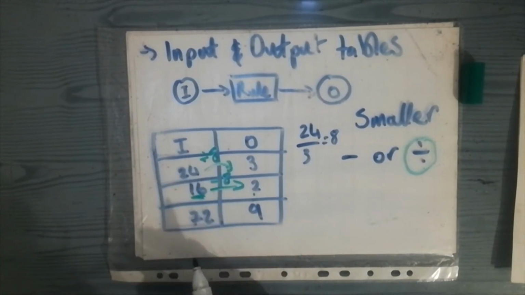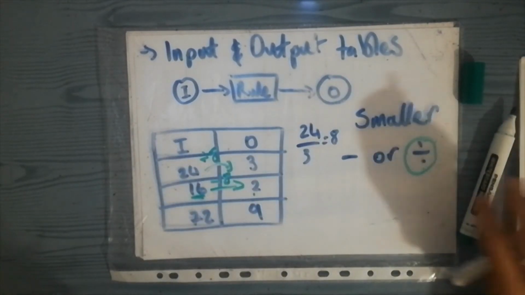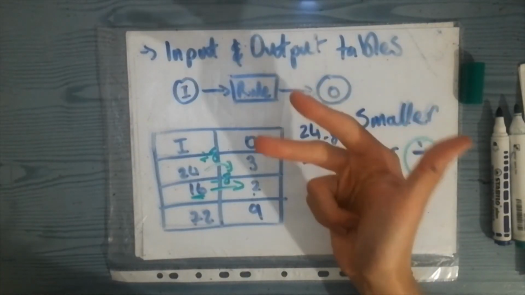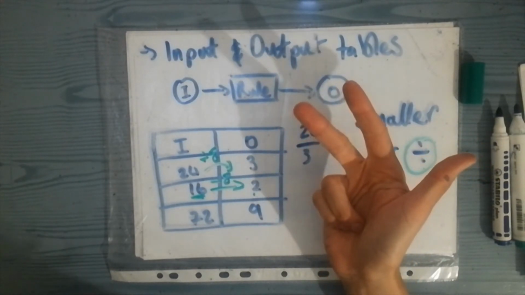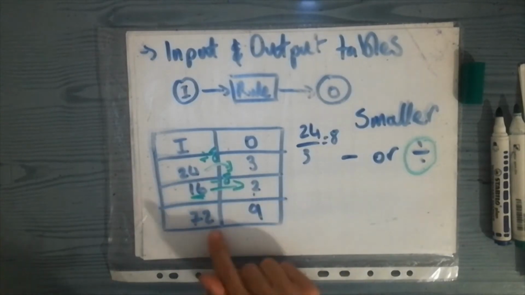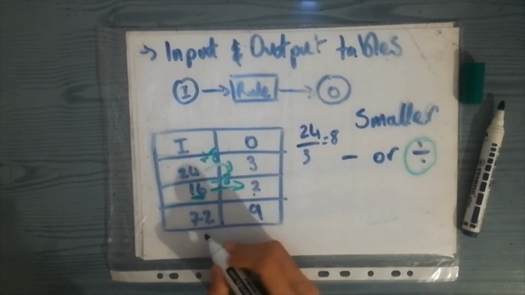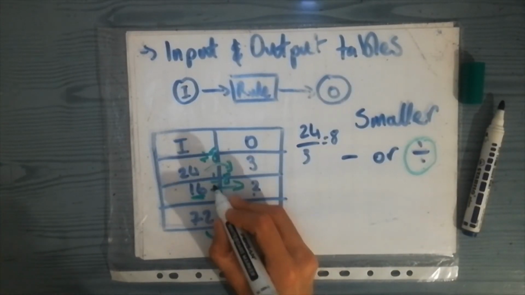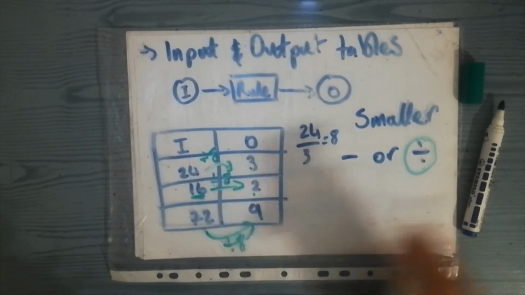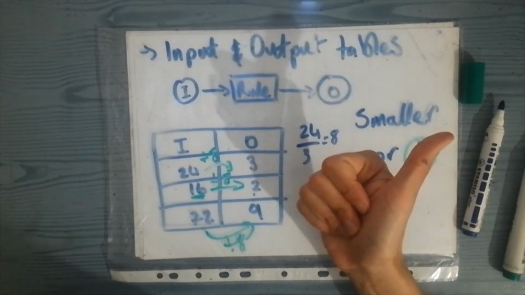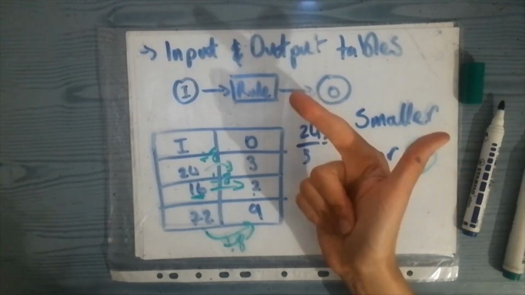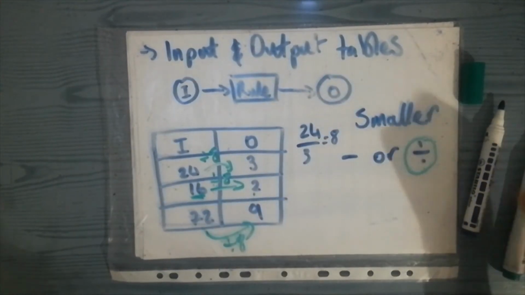Division by 8. Why? Because 2, 4, 6, 8, 10, 12, 14, 16, 8. And what is going to happen from the 72 to the 9? It's also a division by 8. 9, 18, 27, 36, 45, 54, 63, 72, guys. So the rule